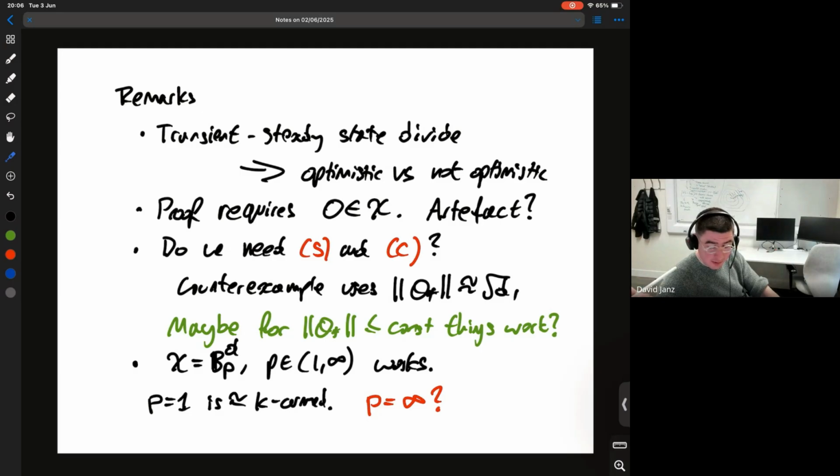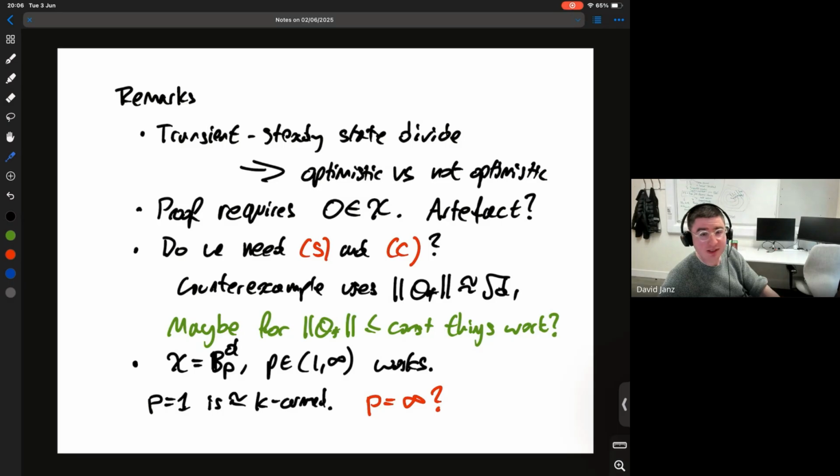Our proof requires that the origin is inside of the arm set. Essentially, this is built in because we started by proving it for the L2 ball, and the origin is inside the L2 ball. Then we extended it. By the time we finished the proof, we realized we've been using this property all along and couldn't quite see how to get rid of it. But I'm not entirely convinced there's any reason at all you should need this.